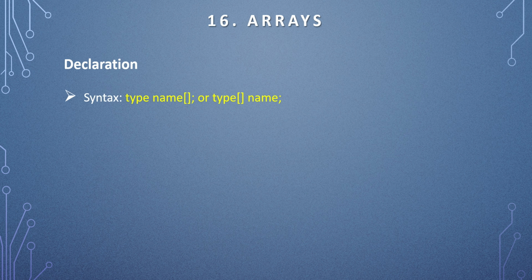General declaration syntax of array: type, name, square bracket, semicolon, or type, square bracket, name. You might have noticed these different types of declaration in our examples with main method's string array parameter. Examples: